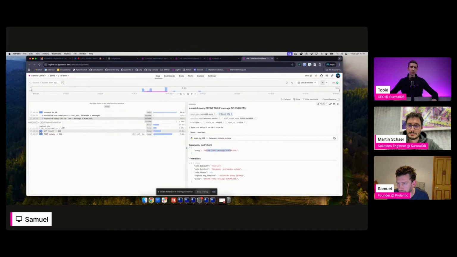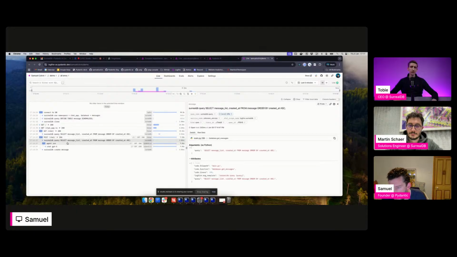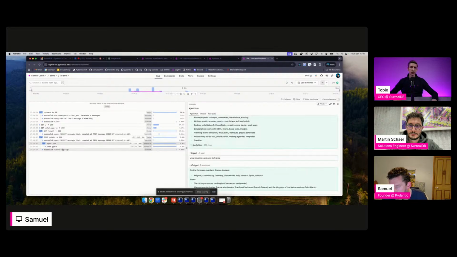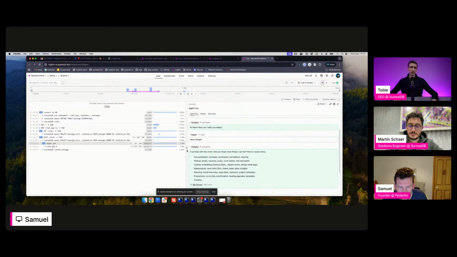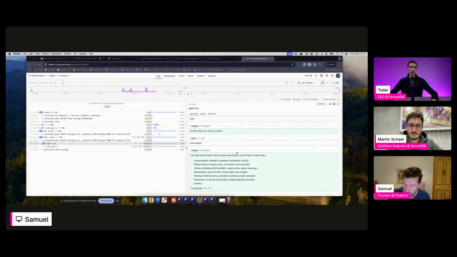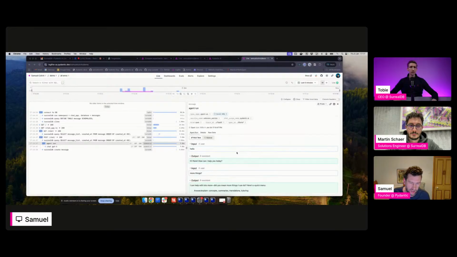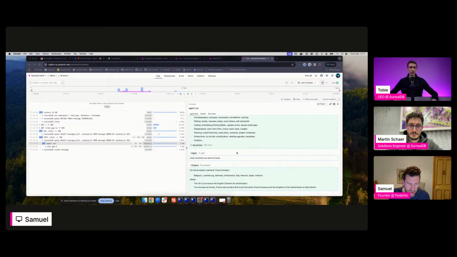More importantly, I guess, is showing the chat itself. Here's the one we want to get. So we have a SurrealDB select query retrieving the list of messages, and then we have the agent run itself. This is where PydanticAI and Logfire are both for LLM observability and general observability. You can see the exchange here that I talked about.